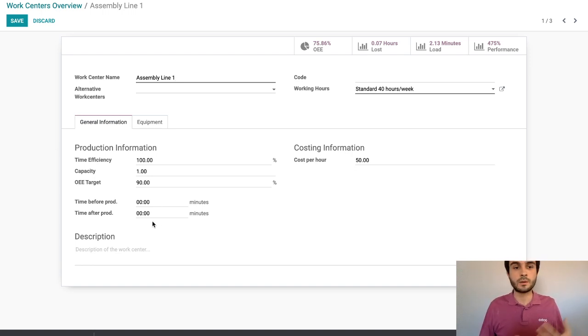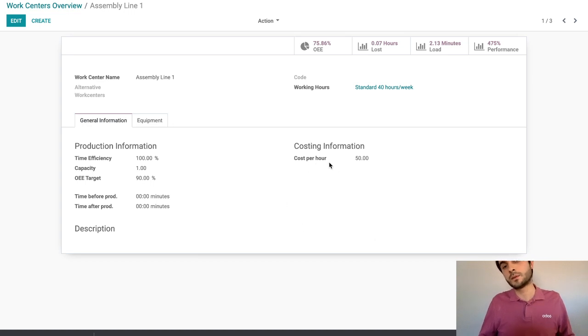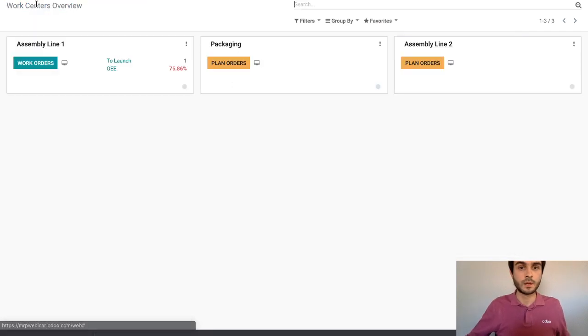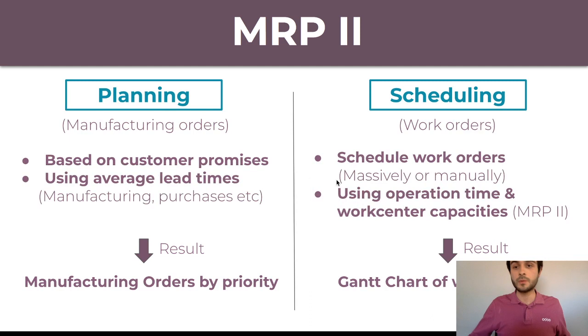And also keep in mind that typically, just like any manufacturing operations, we have standard preparation and cleaning up times that can be assigned for your various work centers. All right, and also here, I think this is something we might cover later on. You have for that specific work center the cost per hour that you can define, so that you also can keep track of the exact cost of how expensive it is for you to make one component. So there you go. So this is what I was trying to cover right now with this small demo,